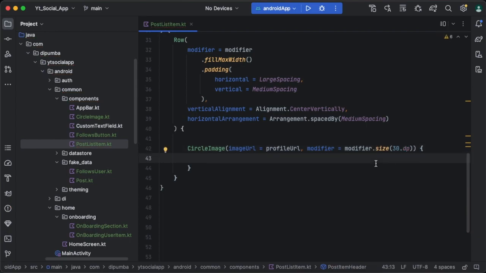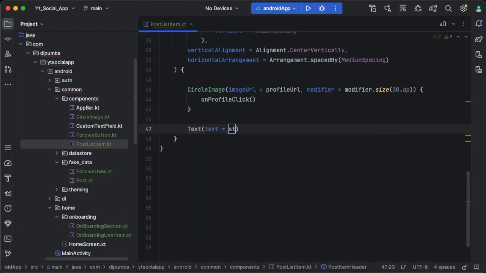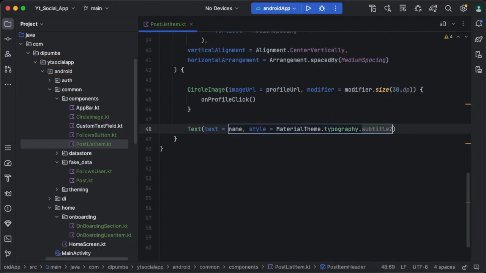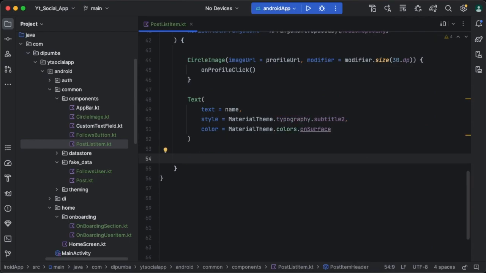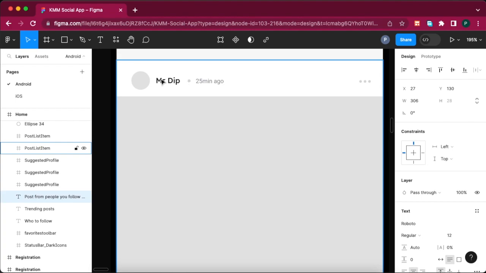For the on click, we call on profile click. Then we need a text composable for the username. We'll pass the name. For the style, we will use our MaterialTheme.typography.subtitle2. For the color, we use MaterialTheme.colors.onSurface. Great. And if I go in the design, you can see that we have this little dot that separates the